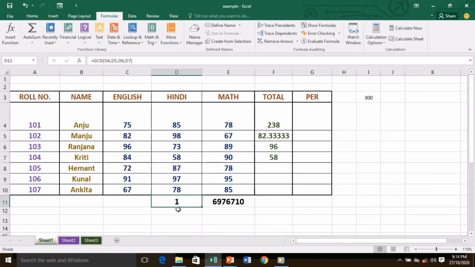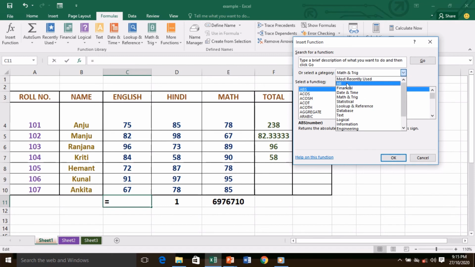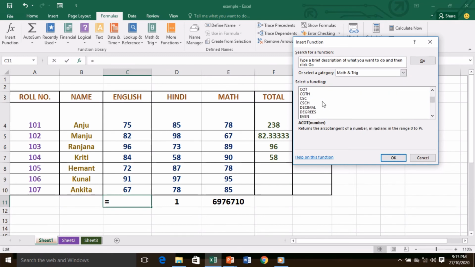Okay, my children. The next thing is the Insert Function. In case you don't know which function you need, or you are not finding where it is, to find a particular function, Insert Function is there. You can choose the category from here, which function belongs to which category, such as All or Financial. And here you can search by keyword which function you need.